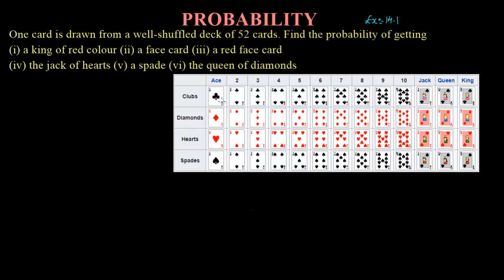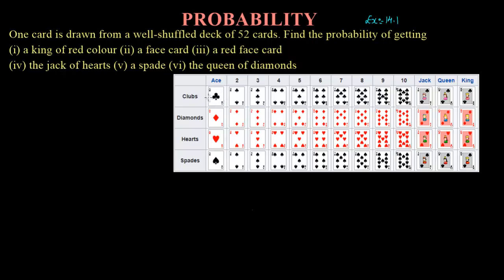So understand how the cards distribution is made, then only you will be able to solve the problems related to cards. So in cards you will be having two colors of cards. If you have played, you might be knowing. If you have not played also, no problem. So this is the distribution of cards. Totally there will be 52 cards, and out of 52 cards there will be clubs. So what are clubs? Clubs is in this shape. If the card has this kind of shape, then it is called clubs.